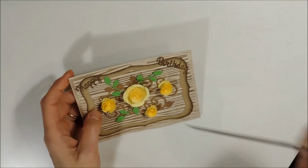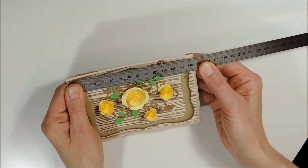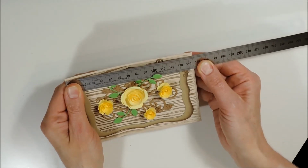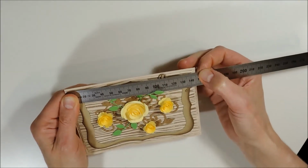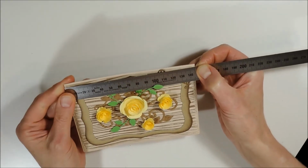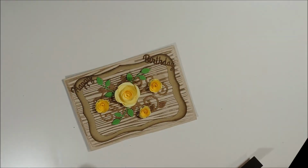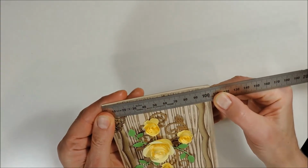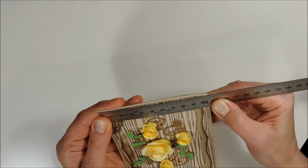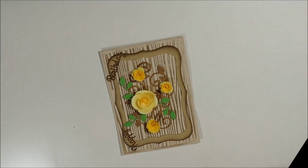So first of all, I get started by taking the measurements of my card, and here I have about 14.5 centimeters and I will add 2 millimeters so the box wouldn't be too tight. So I write down 14.7 by, that would be about 10.5, 10.4. I will make it 10.6, and the height